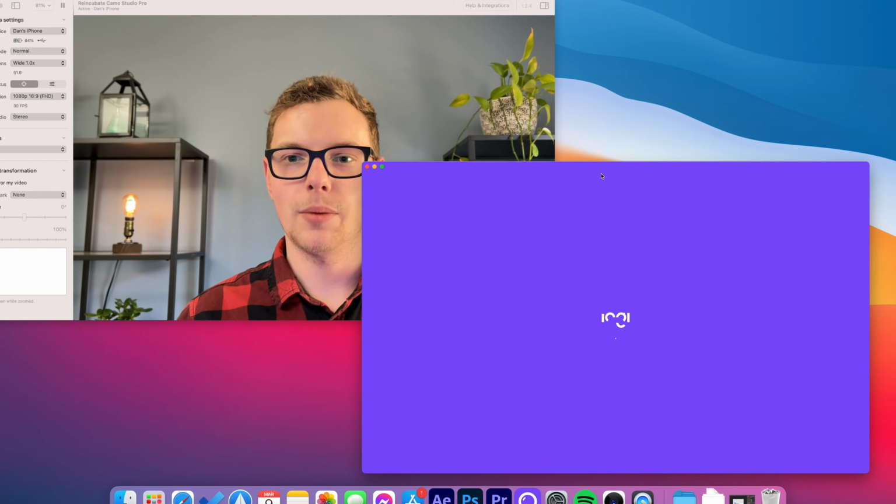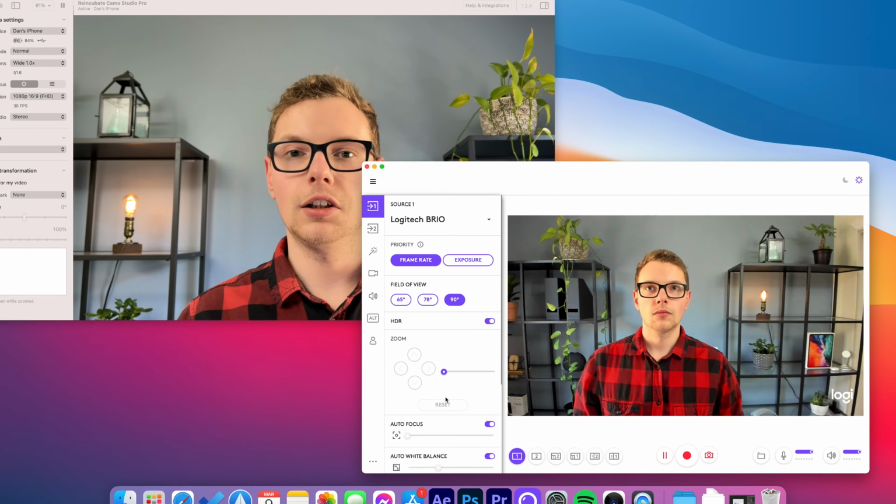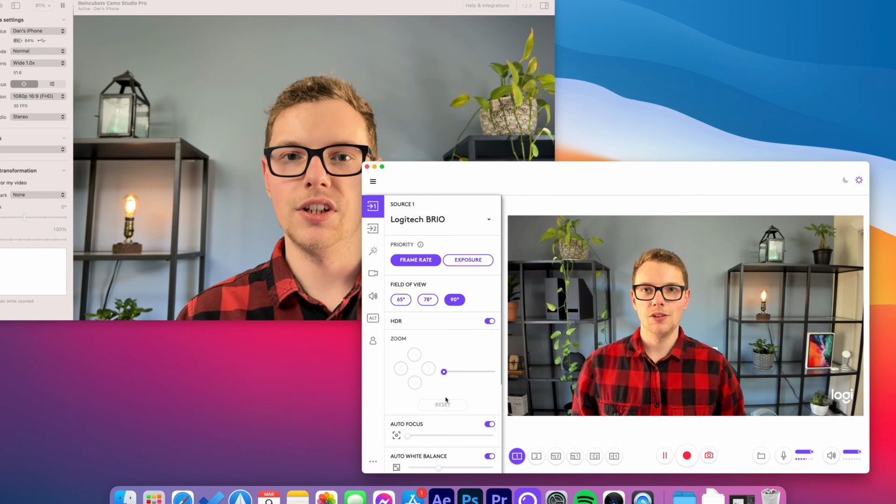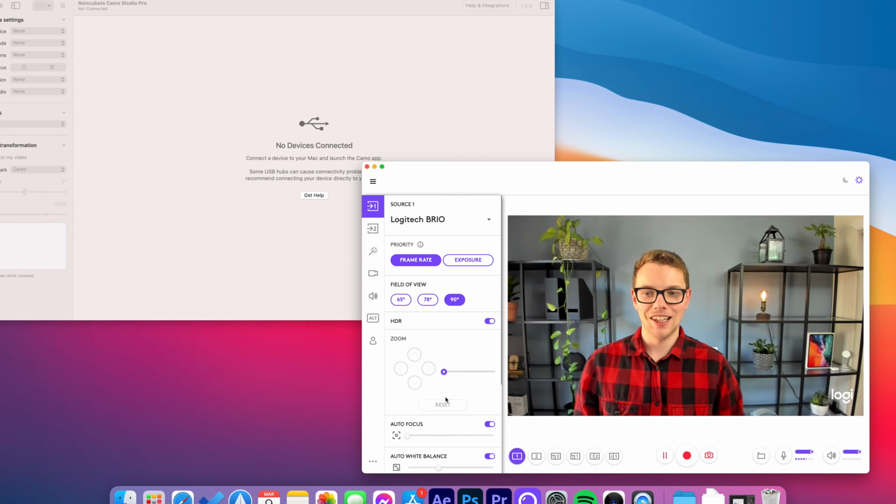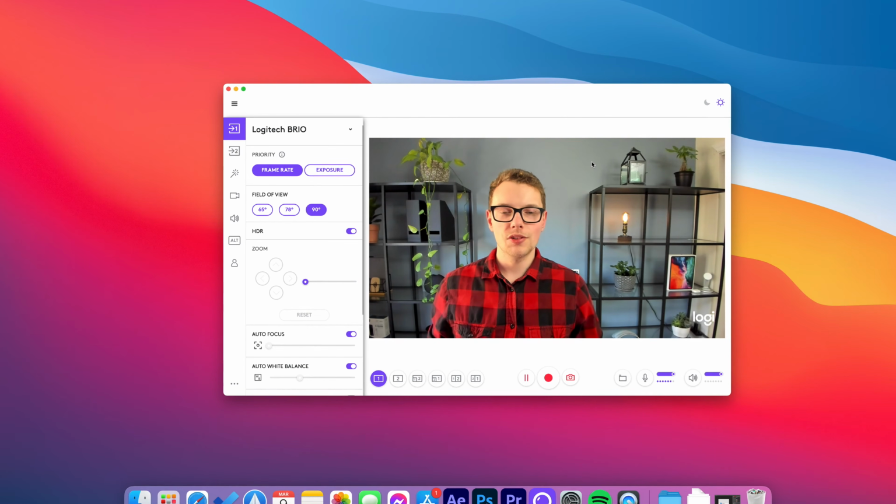You can see here on my desktop as I pull open Logitech, we've got a lot of the same features, and you can see the screen is very, very delayed right now, as it can't really handle doing both of those things at once. So opening Brio, you can see that there's a lot of the same options that are available, including your field of view, so you can change it from 65 degrees, which is going to be very, very close,